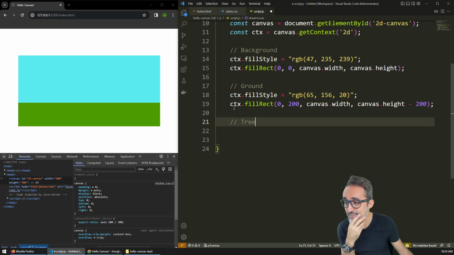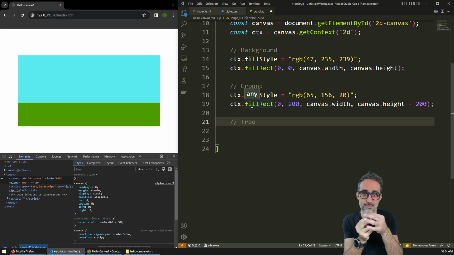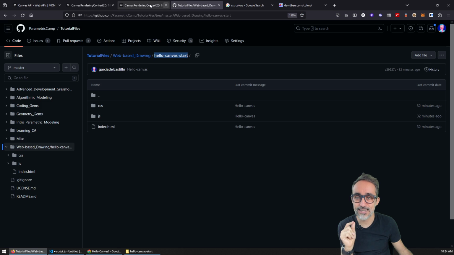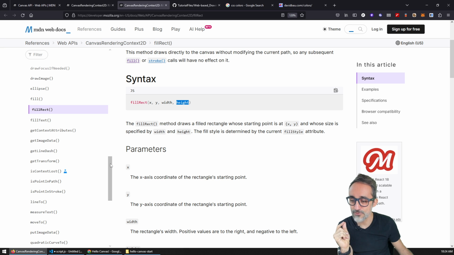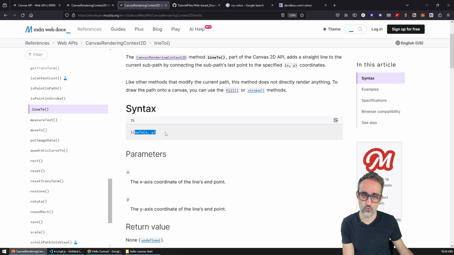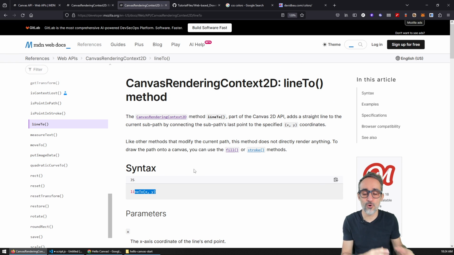So for the tree, I'm actually going to draw it as a stick, as a line like this. The problem is that the canvas context doesn't really have a line function. It has this thing called lineTo, which relies on the idea that you're already somewhere and that you want to go to somewhere, okay? This is because some of the logic of the Canvas Context API comes from SVG drawing, which had a very particular way of drawing